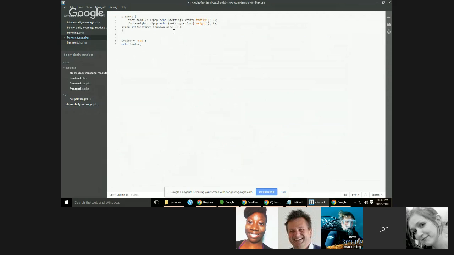Equals equals is like saying if it is equal. So if I did this, if less than, if greater than, and if I did that, that would mean if not equal. Okay, so that's a quick PHP lesson. We use double equals. So if